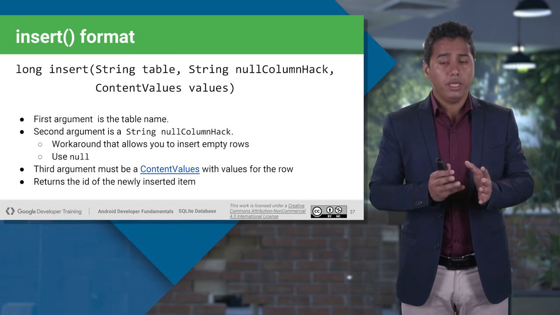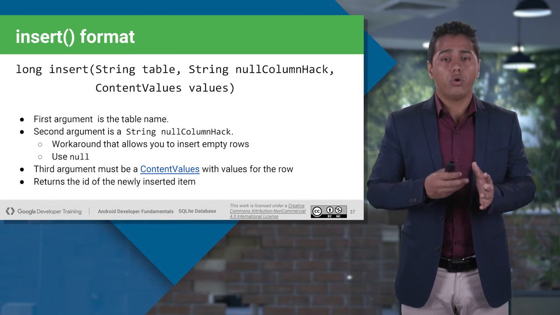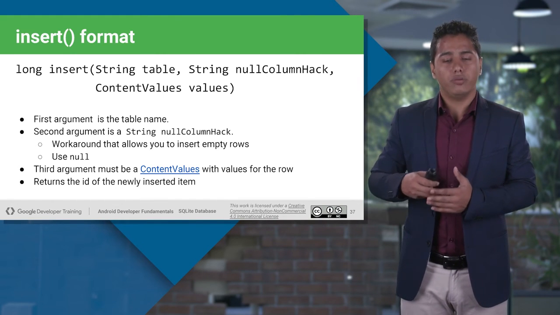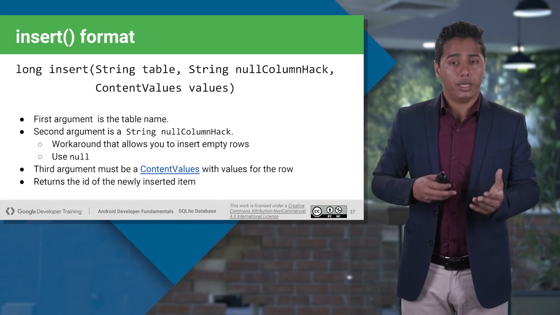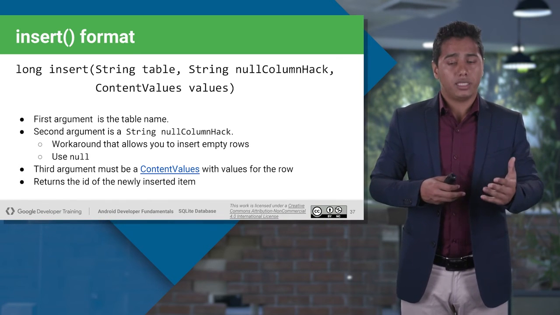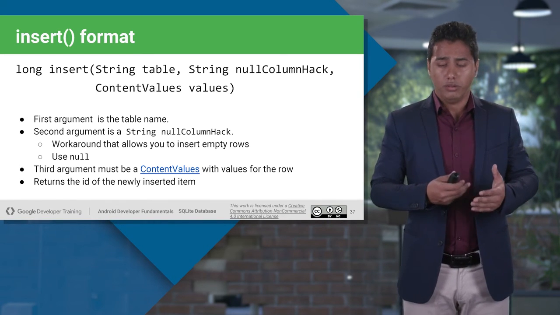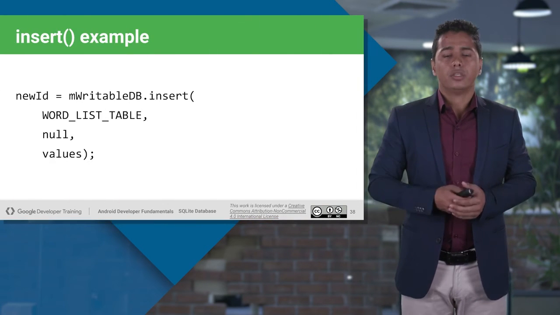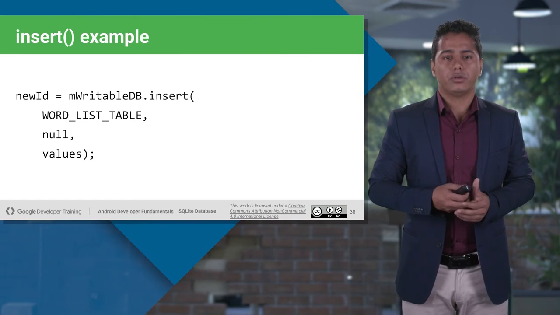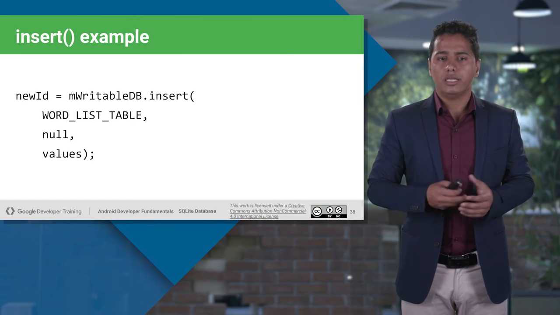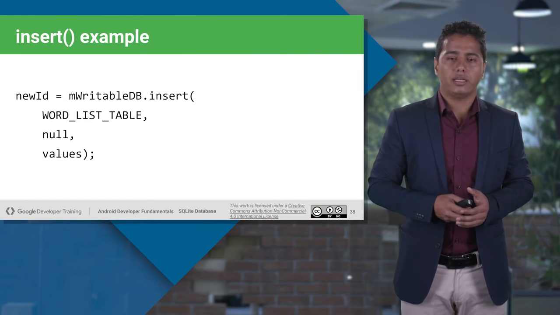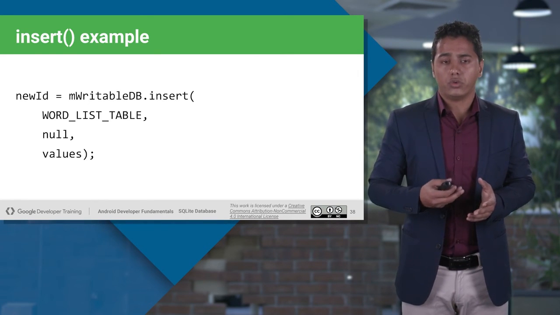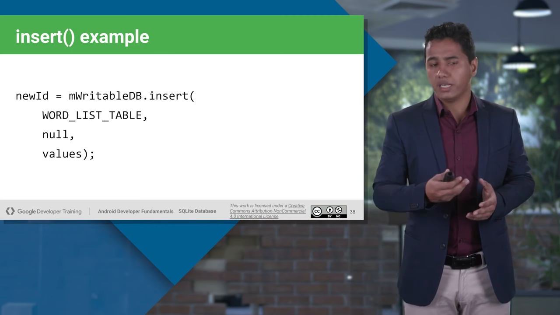You know the table name, and the data, what you want to actually put inside your table, will be passed with the help of a class content value, which we already discussed. Here the data will be passed in the form of key and value pairs, and data already know that in which column I have to enter which data. So here is the small example. So inside the word list table, I'm putting some values here, and the values object must be having some values to insert into the respective columns.